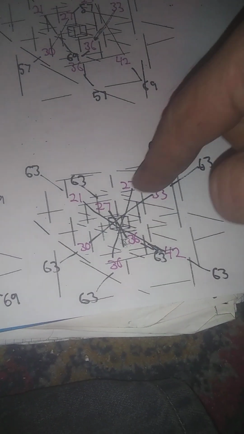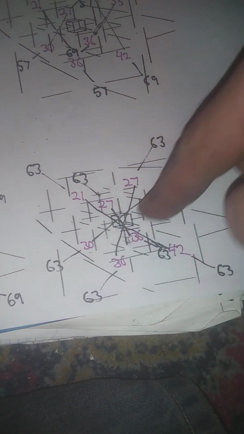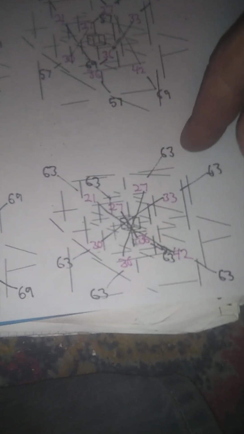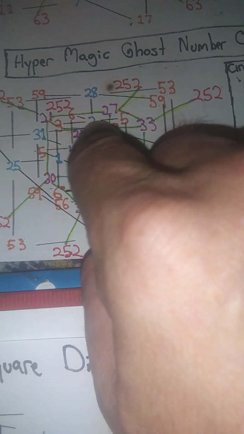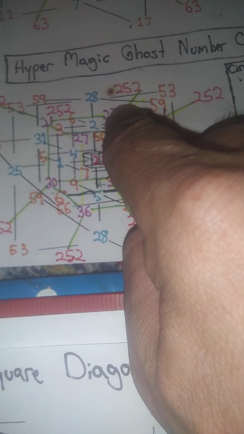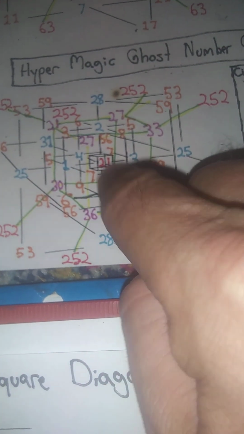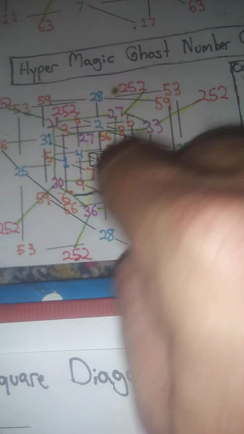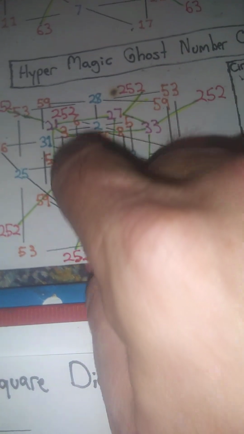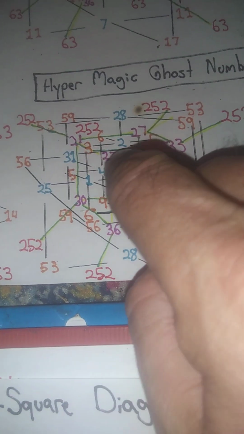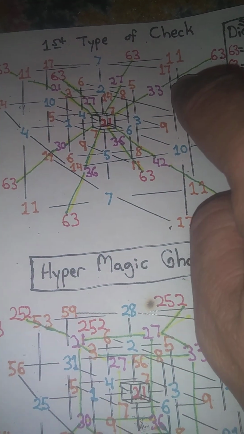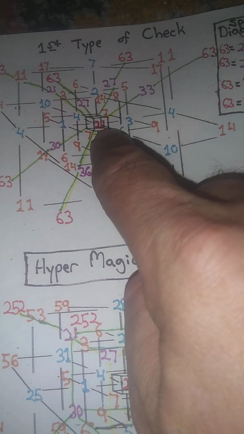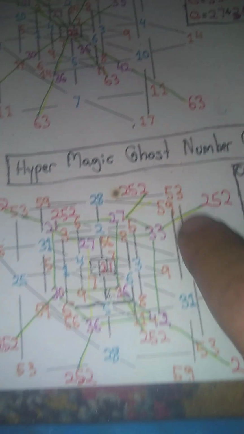Plus the normal cube's spatial diagonals. That's what you got to remember. It's a combination of the dual square diagonals, flat diagonals, dual square that you just now seen, front to back, side to side, and top to bottom, plus the spatial diagonals of a normal magic ghost number cube that doesn't include the central ghost number into the commutative